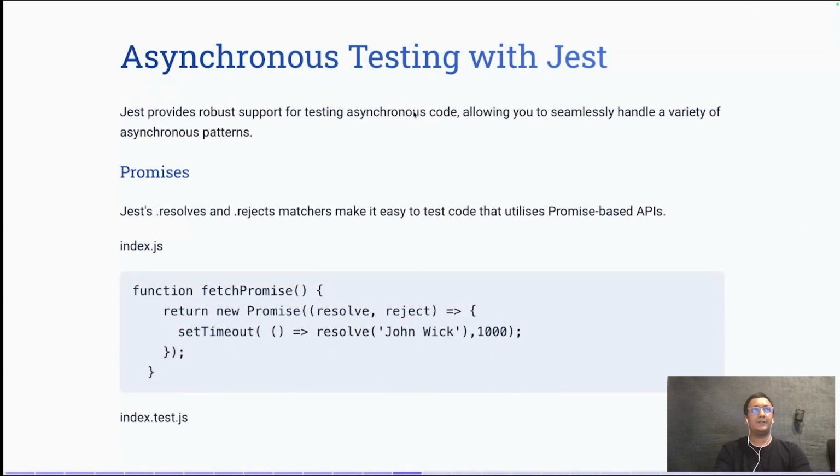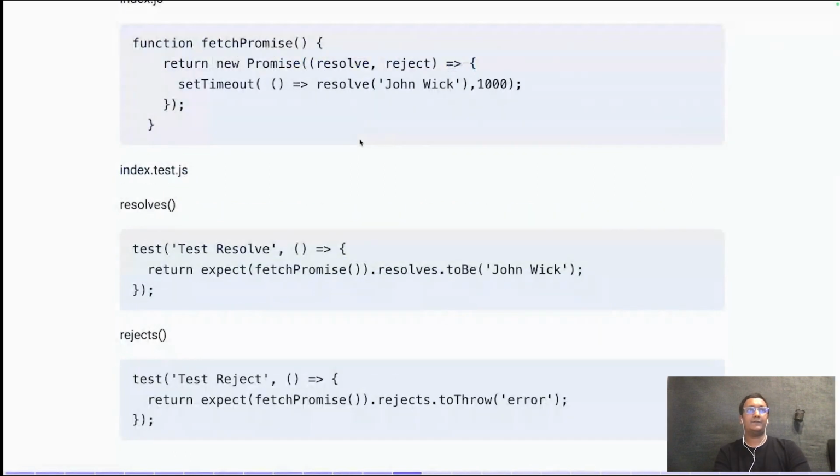So a similar example I've tried quoting here in the file as well. So as we can see, this is what we have done. We have used the resolve function to check the positive scenario when the promise function is successful. But there can be a scenario where our promise function is failing. So what to do there? In that case, what we can simply do is